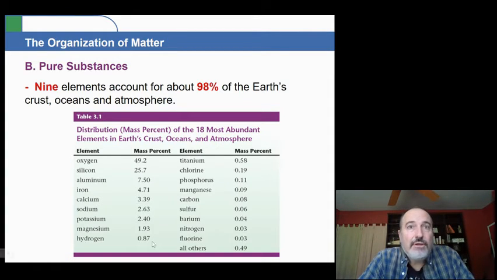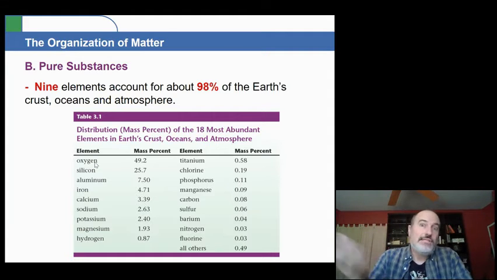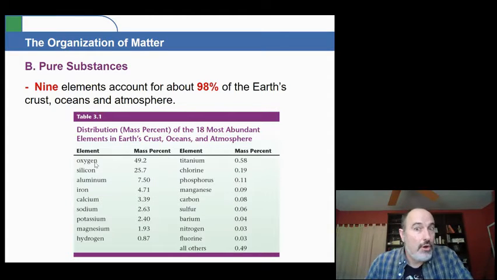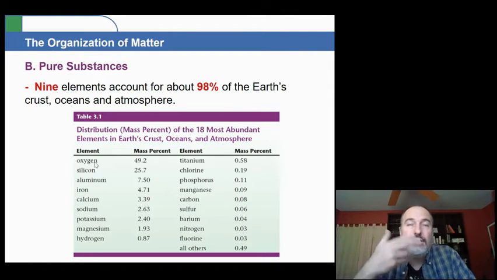Okay. And when you're looking at these, if you notice, by far the most common element is oxygen. All right. We're going to be dealing with oxygen an awful lot. And oxygen's found in rocks, oxygen's found obviously in the air that we breathe, and oxygen's found in water, H2O. Most of water is made up of oxygen. So it accounts for almost half of all the mass of the Earth that we can get to. And then the vast majority of the other elements are extremely rare, and they're hard to come by.